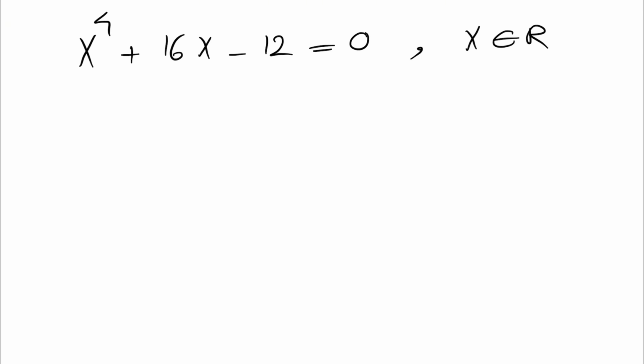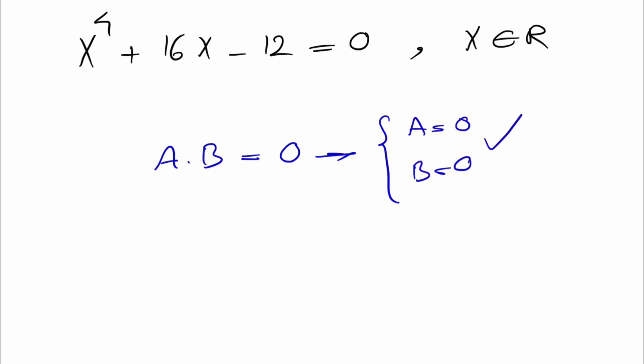And what we are trying to do in this kind of question is that if we can get this equation to a multiplication of two different expressions equal to 0, this will be easy to solve because at the end we need to do a equals 0 and b equals 0, and from each of these we can get the final answer. But this is not as easy as it looks in this one, and we have to figure something out in here. So the first clue for us is we are seeing the exponent of 4, and we know